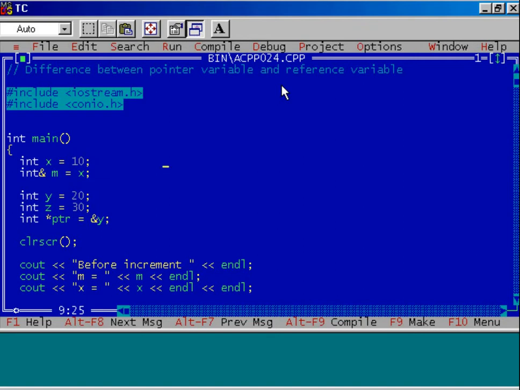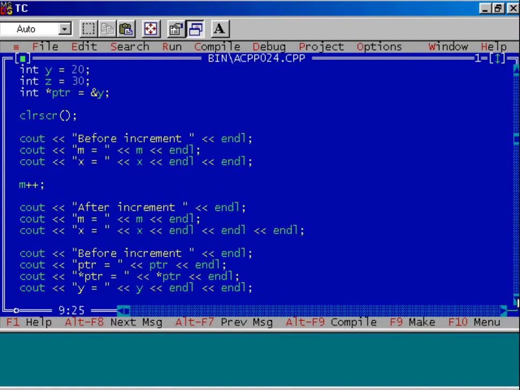Let us see the difference between pointer variable and reference variable. In this example, I declare x as an integer data type. I assign the value 10 to it, and after that I have created a reference variable, namely m, for variable x. Let's see what we have done in this program.